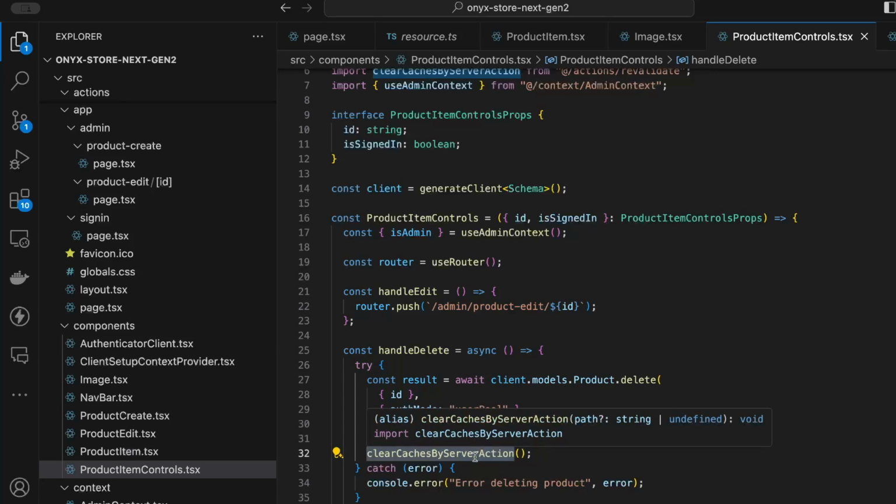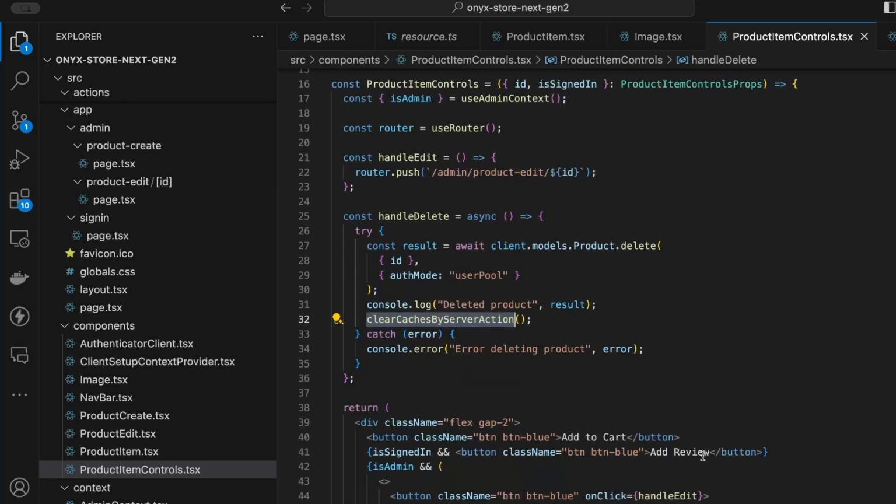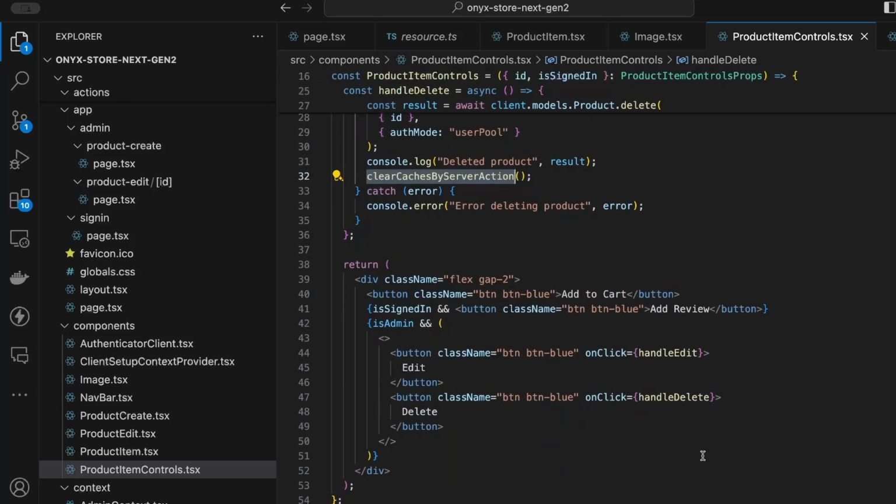This eventually calls the revalidate path in the server action so that the list is updated to show that the item has now been removed. You can see here that we're using our is signed in and is admin values to control the display of